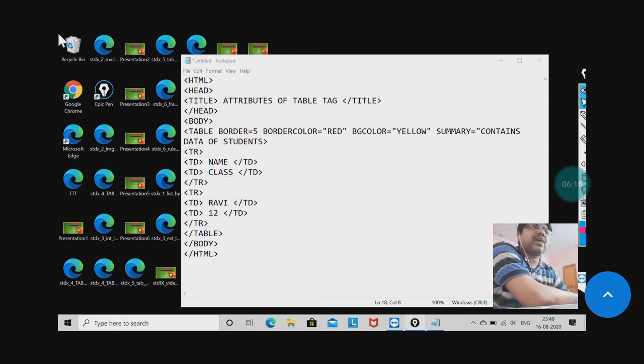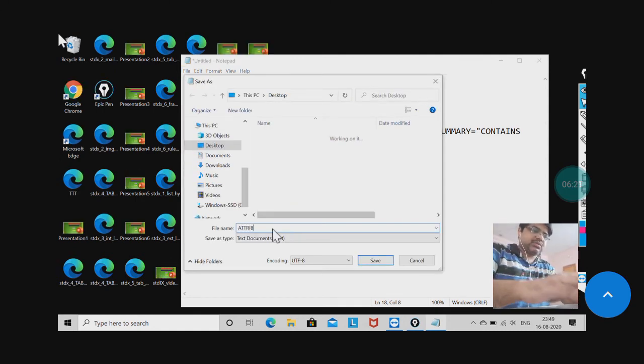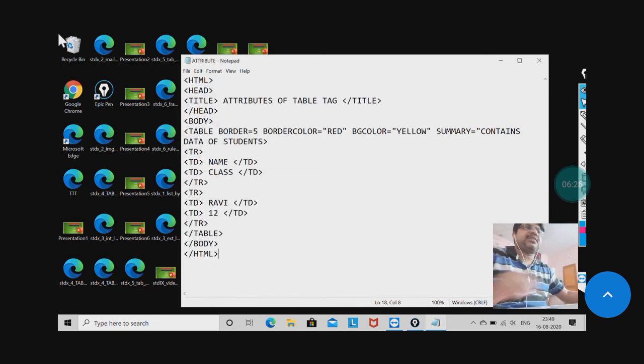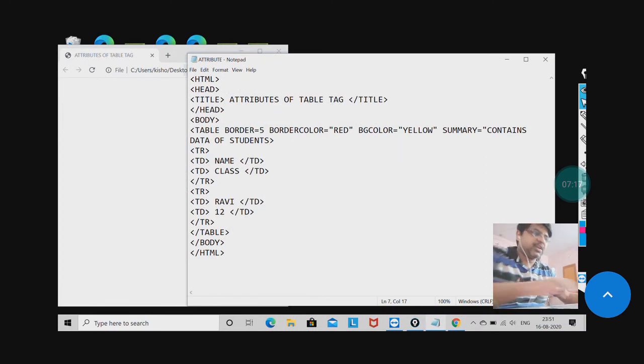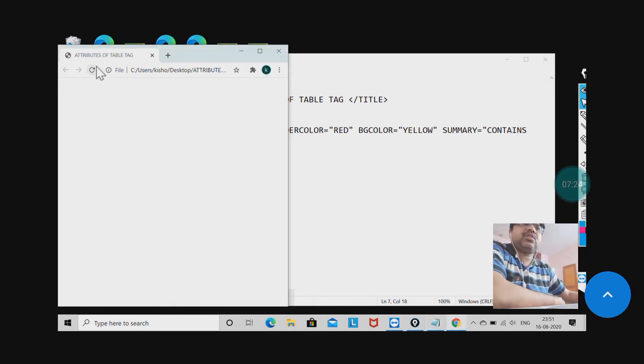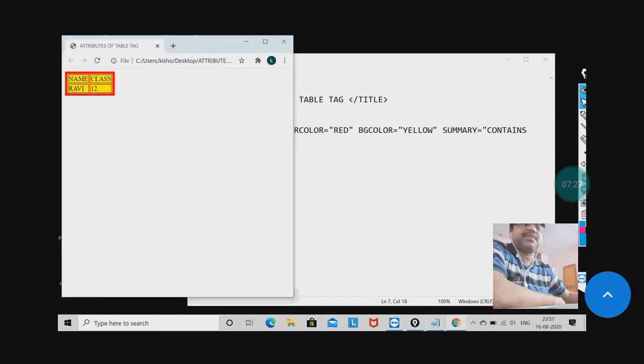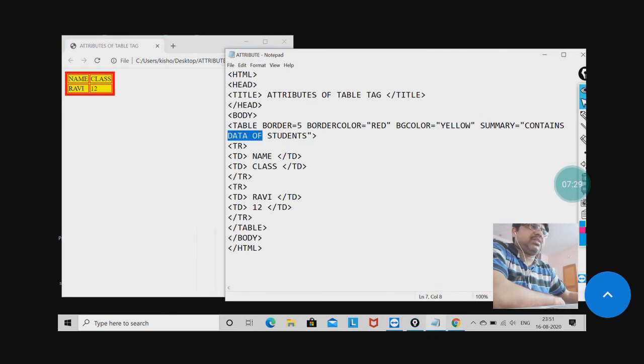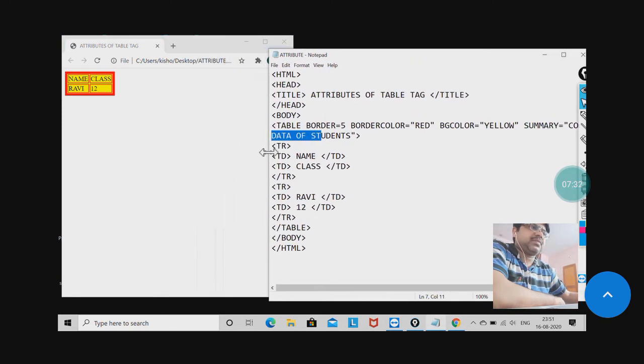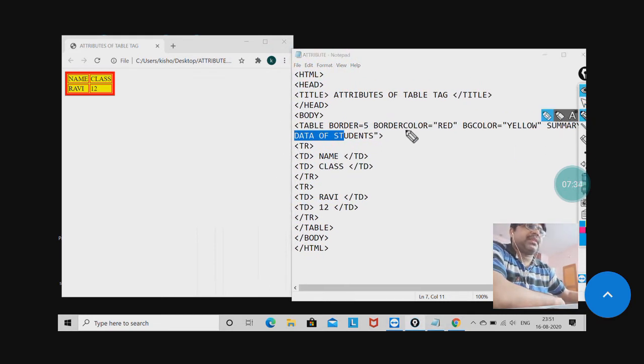Now I am going to show it. I will save this file as attribute.html. Okay, save. Now I left a double quote here. Now I am going to save again. Now reloading it. Now let me show you. You see, what is my border? 5. You see it has been shown.